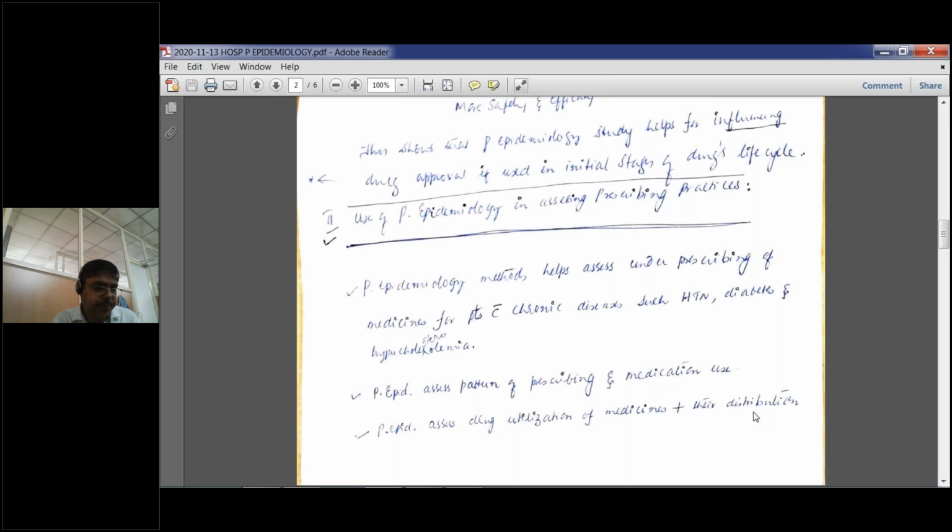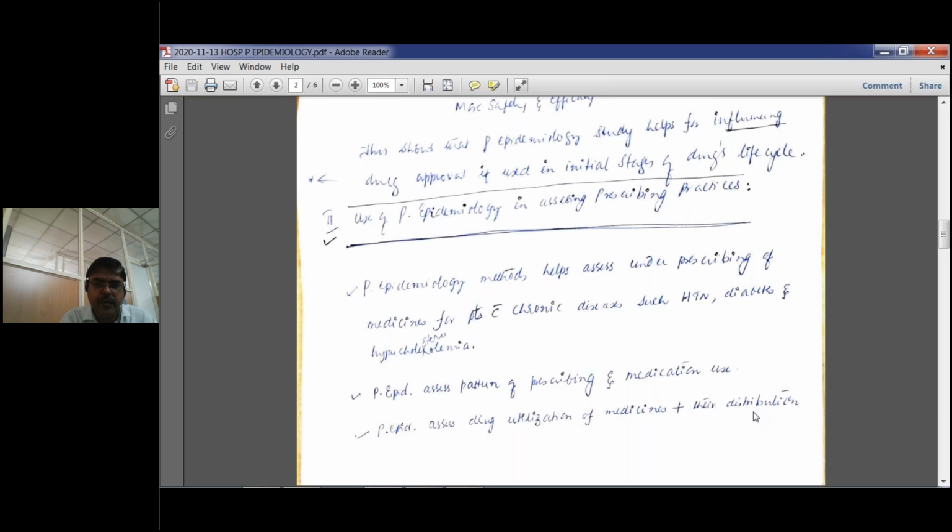Say, for example, let us say that there are 10 medicines purchased to treat 5 different diseases. 10 medications are purchased to treat 5 diseases. Now the first question is whether all those 10 medicines are getting prescribed properly or not, number one. If they are properly prescribed, whether they are getting sold,